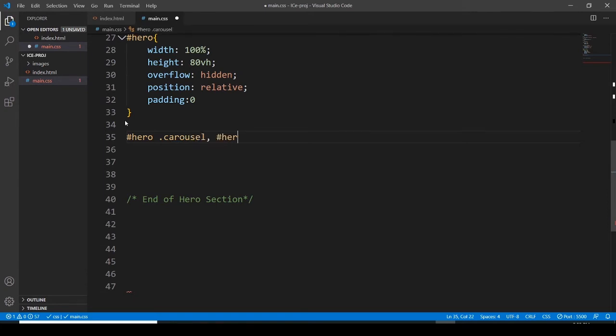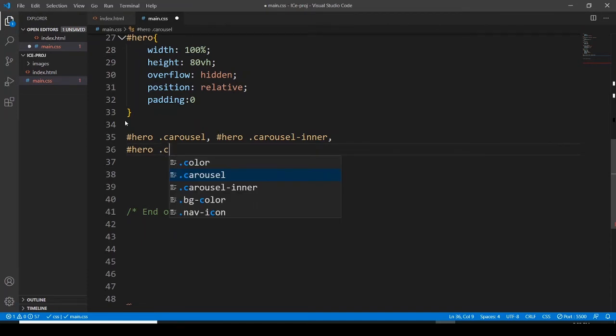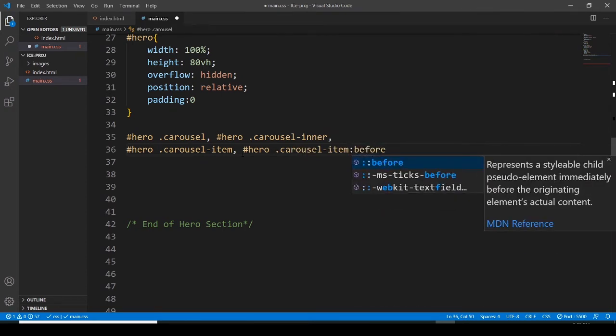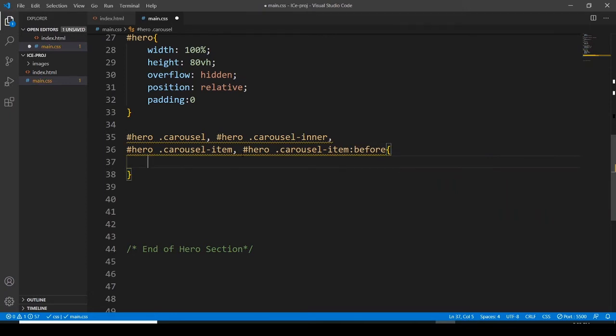Then again, ID of hero and a carousel-inner class, and then hero and carousel-item class, and then hero and carousel-item before pseudo class,